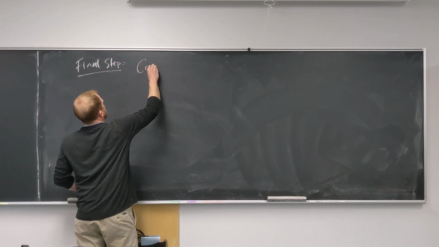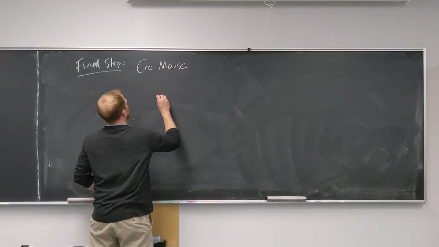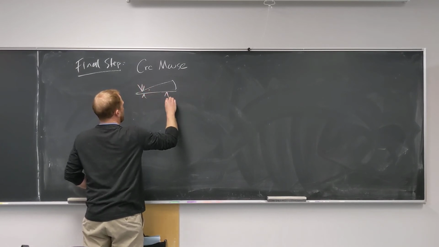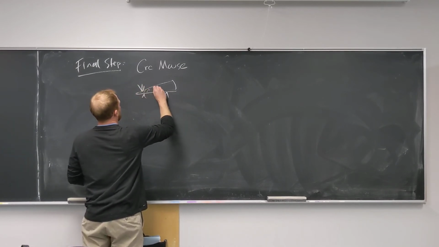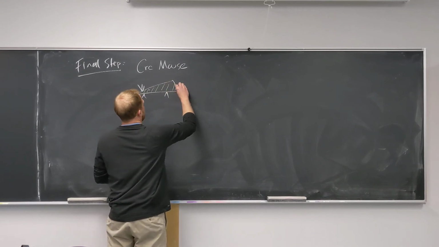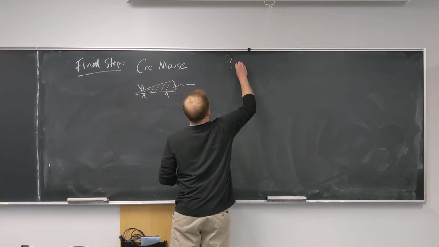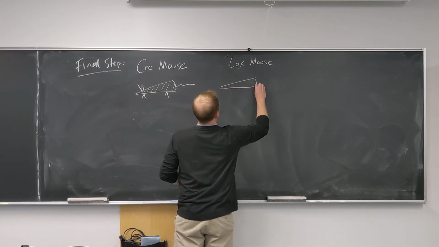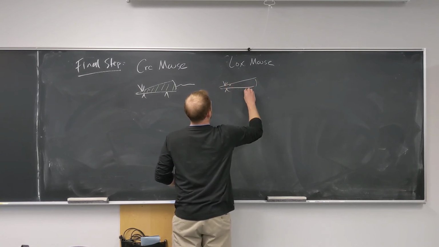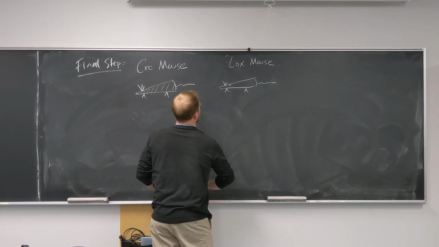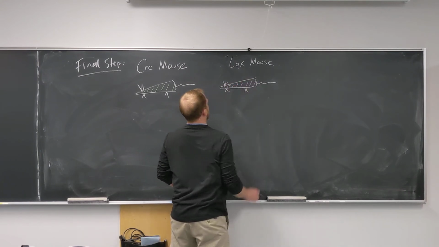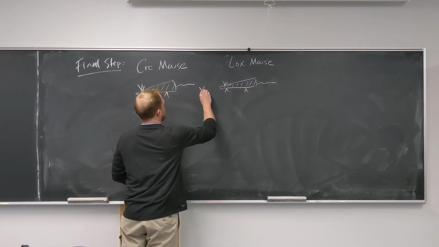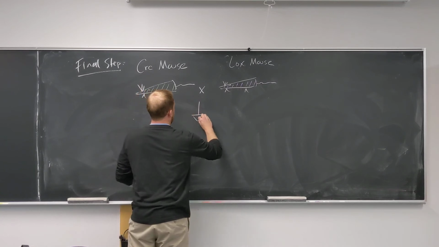Got your Cre mouse. Actually, I should make this one green to be consistent. And you also have your Lox mouse. So the final step is to mate these together, to breed them. Okay? So then you'll get out of this progeny